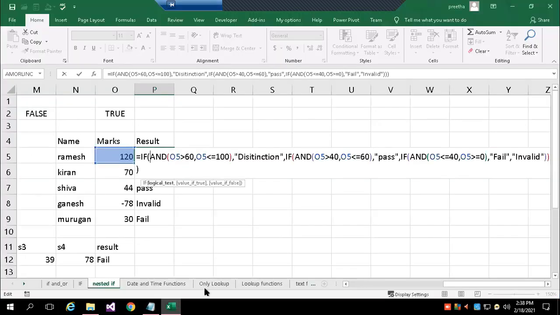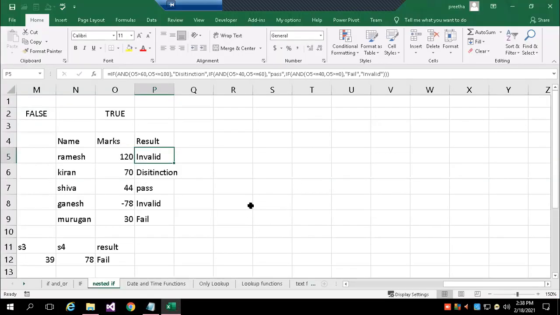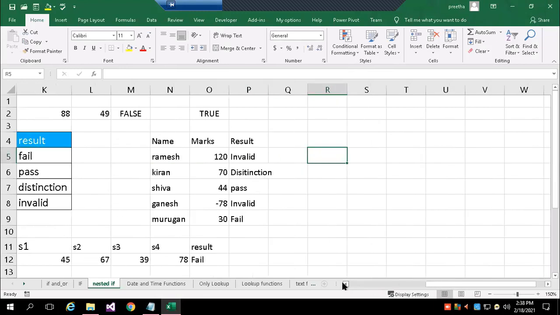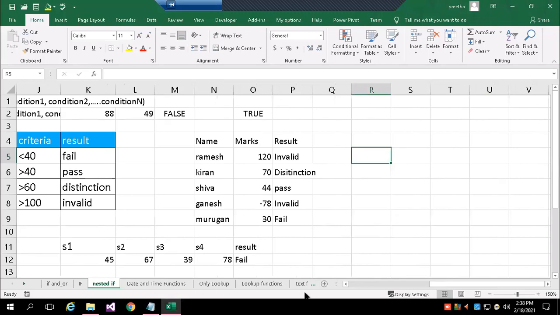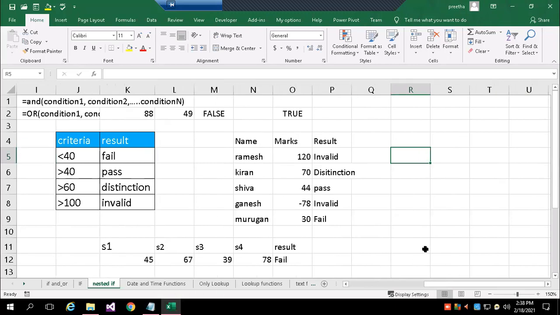So I'll show you how to write this. See the criteria table and how we start writing it. Let me reduce the zoom so that it will be visible to you. So how do I start now? If I want the result here, if